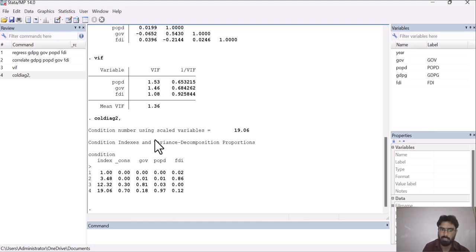So this method tells us which of your many variables is causing multicollinearity. In this model we are very clear that this particular variable is causing multicollinearity, so we have to drop it from our model in order to resolve the issue. So this is how you can detect the issue of multicollinearity in your data set.